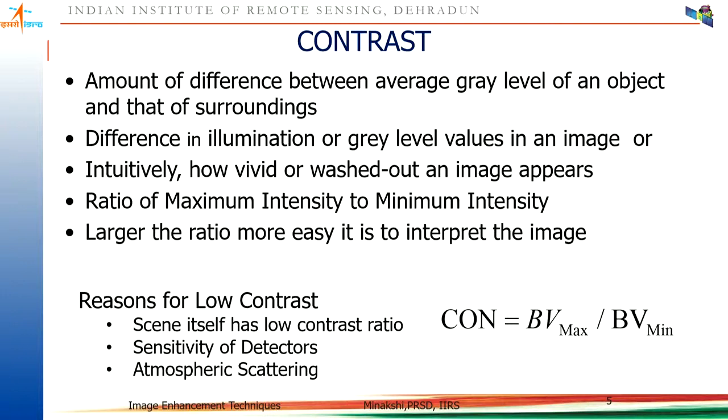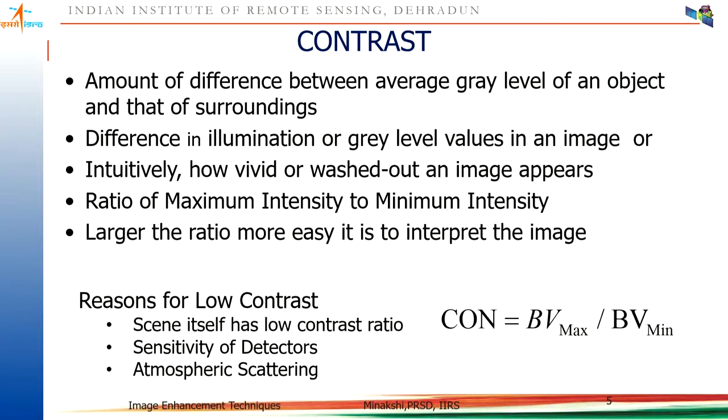Now, what are the reasons that a satellite image has low contrast? There are three reasons. The third one, which I have listed here, atmospheric scattering, we have already discussed in the previous session. You know that when the lower wavelengths are scattered, they add a component to the DN value, thereby reducing the contrast, haze. So atmospheric scattering is one of the reasons for your satellite image having low contrast. So you need to remove the haze to have a better contrast in the imagery. We had a slide for haze correction in the previous session.